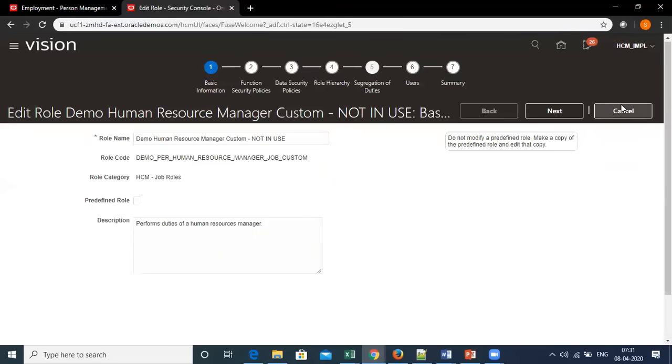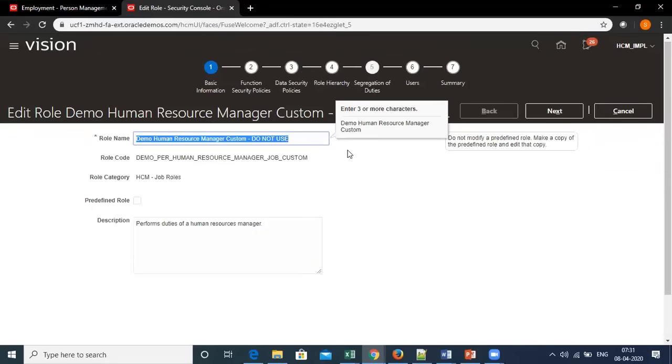Instead of not in use, you can just remove the whole name and say do not use. The system will not mind making any kind of change in the role name, but it will not allow you to delete this role from the system as a whole.